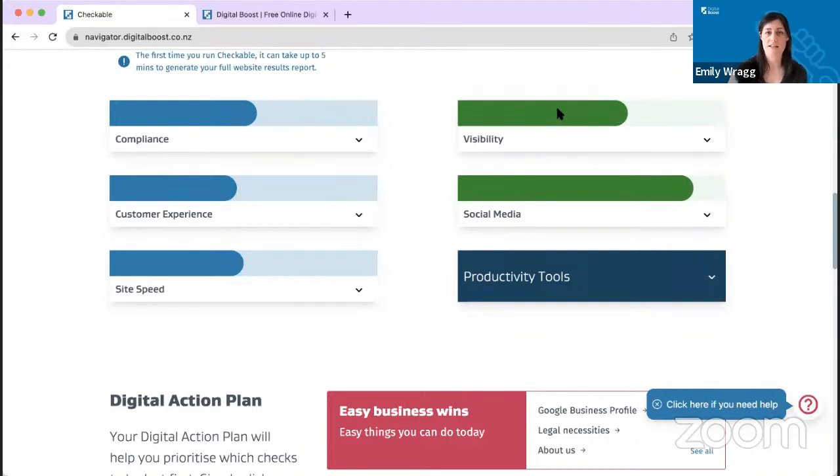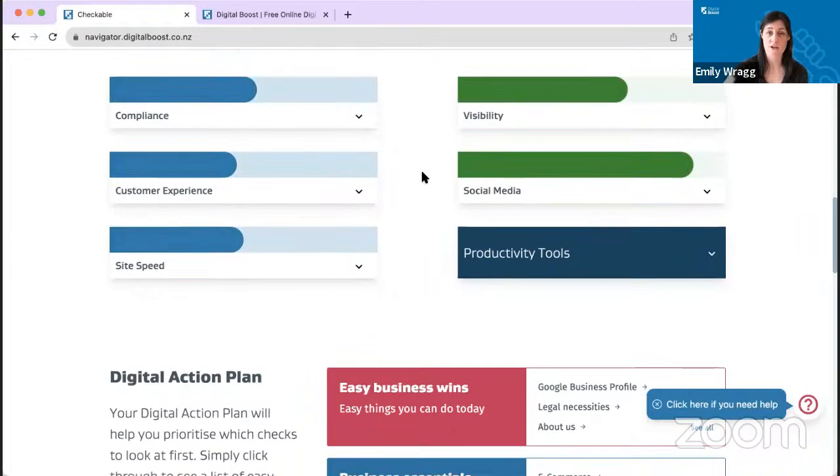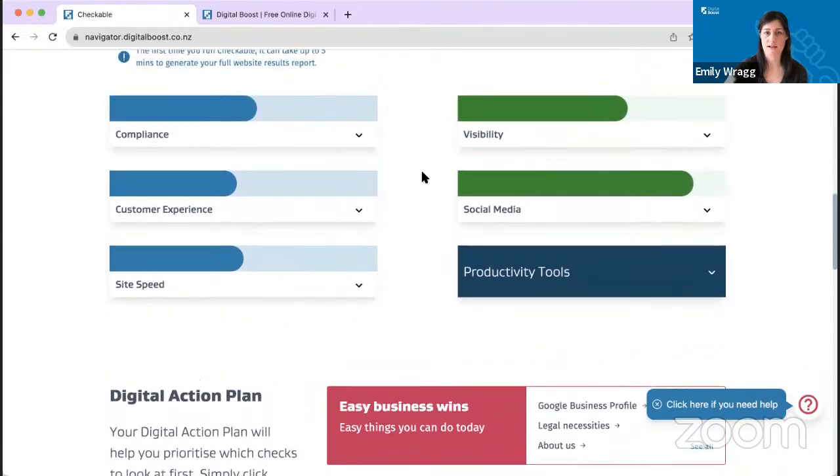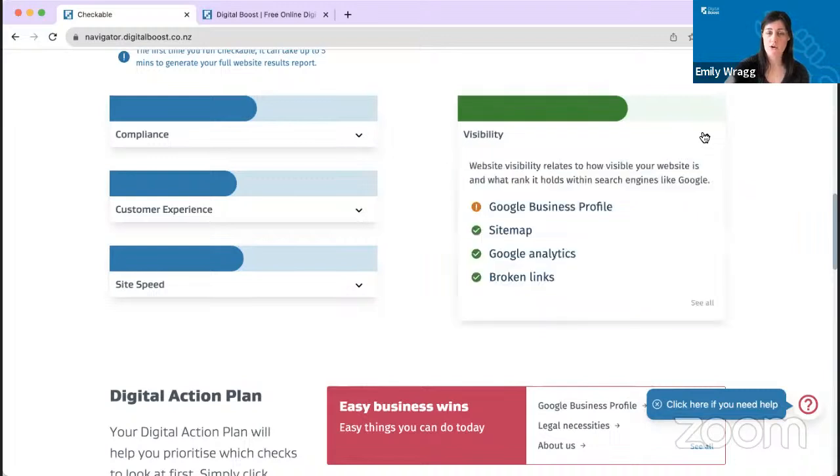And you can see in these little progress bars here, they change color as you make improvements. Obviously, you want them to be green and as far across here as possible. It's a really good way to work out where you're at and what are some things that you can do straight away to help your business online. But we're talking about visibility today. So first up,